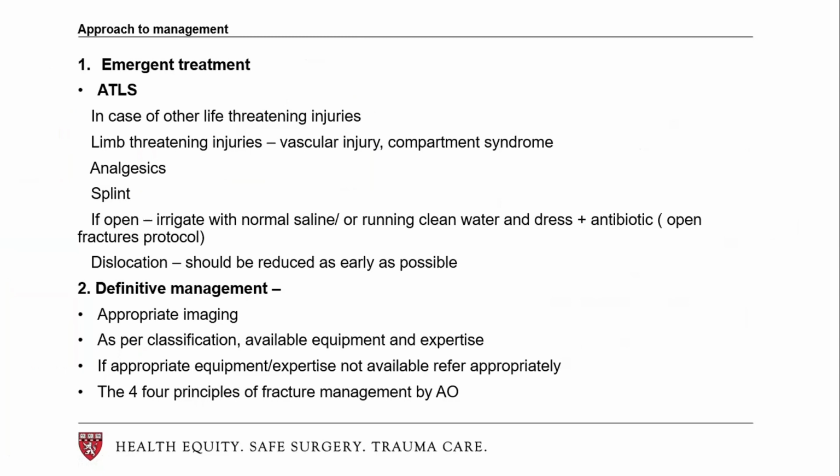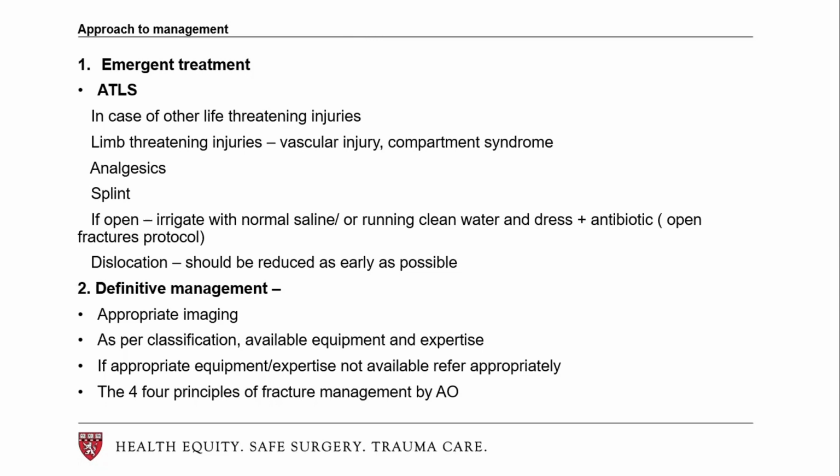Like with any trauma patient, the first thing is to ensure that any life-threatening injuries are sorted out, and this follows the ATLS protocol. Once life-threatening injuries are sorted out, then you sort out any limb-threatening injuries, any vascular injury, any compartment syndrome. As part of the emergent care, give the patient analgesics, splint the limb,